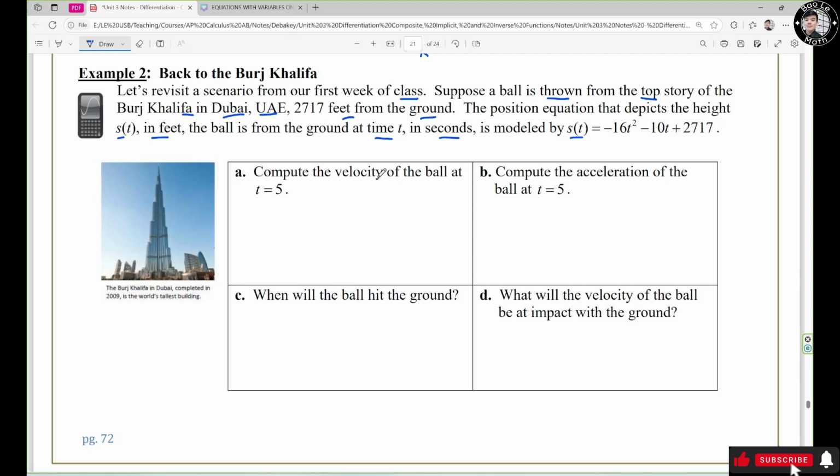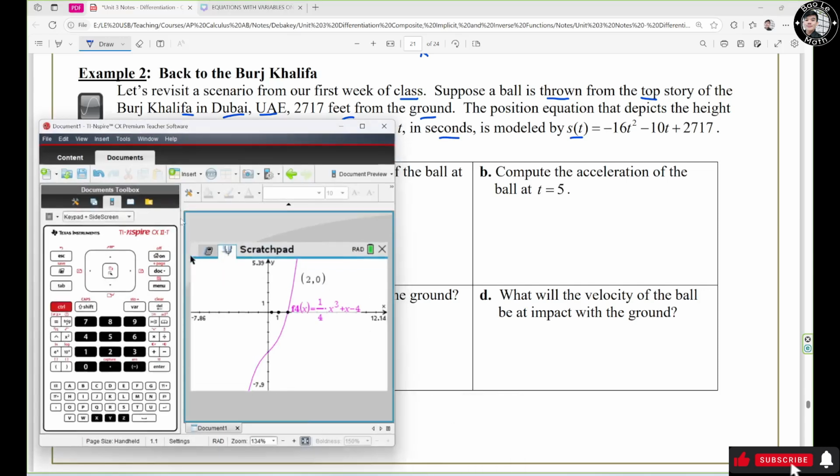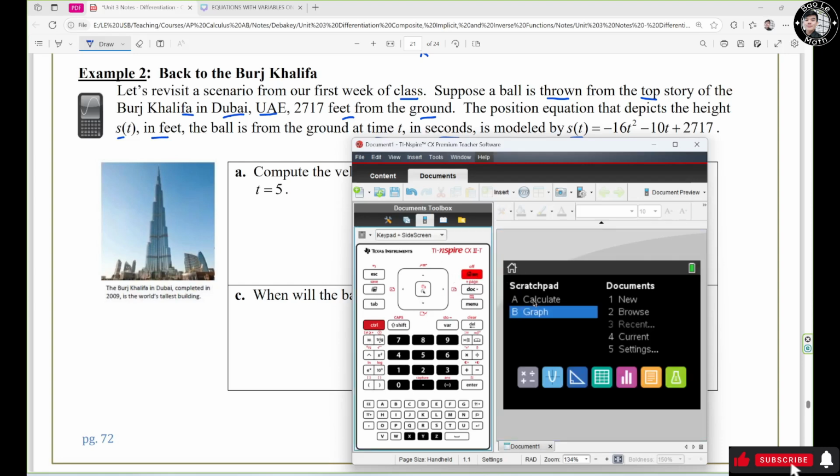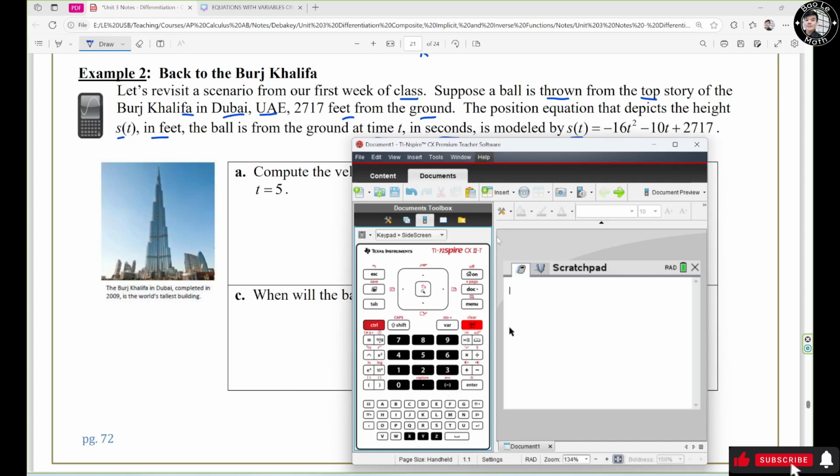Now compute the velocity of the ball at t equals 5. I'm going to show you how to use a calculator to do this question quickly. Bring up the calculator, go to the home screen, hit on, then hit calculate right here. You need to input the function, so I have s of t. You're going to use the notation right here, hit control on this key, then input the value. Hit enter, and when we see done, it means you have finished.